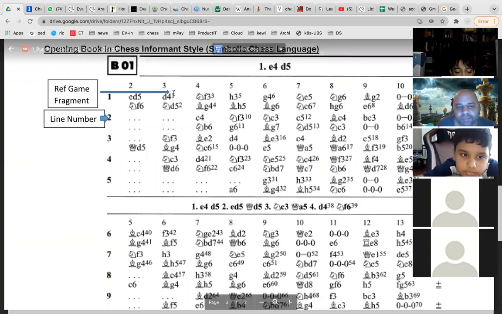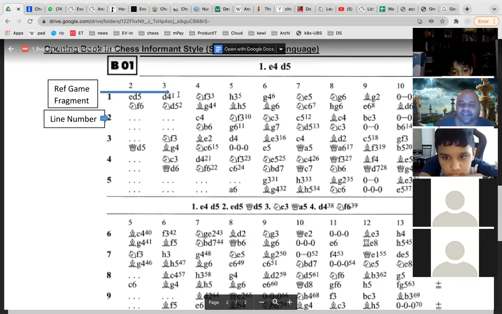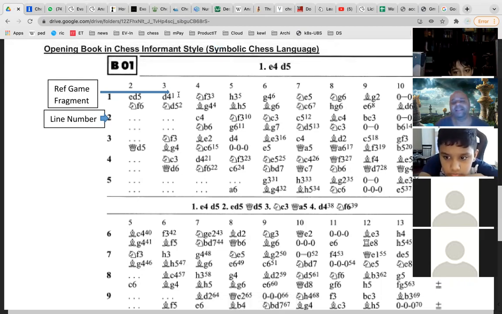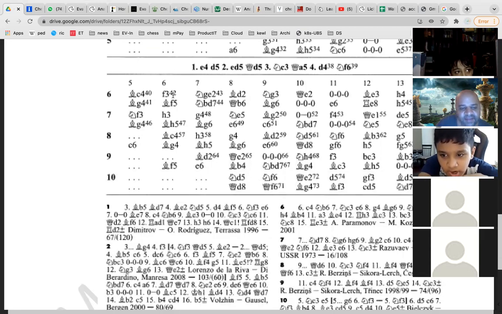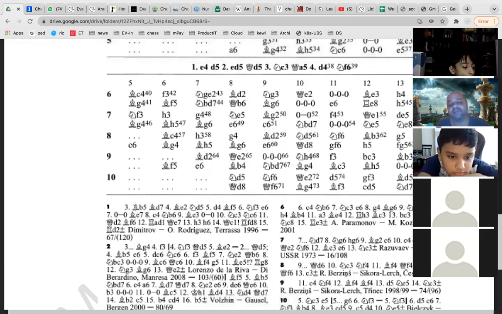Okay, so this is the game it is telling you, and next to D4 there is a footnote symbol 1. Next to knight to D5 there is a footnote symbol 2. What is that? So there are footnotes given which tell you about what all happened in that game. So D4 footnote 1 means, can you see here 1? These are the other alternatives to D4. Somebody played bishop to B5 instead of D4, and then what happened in a grandmaster game?